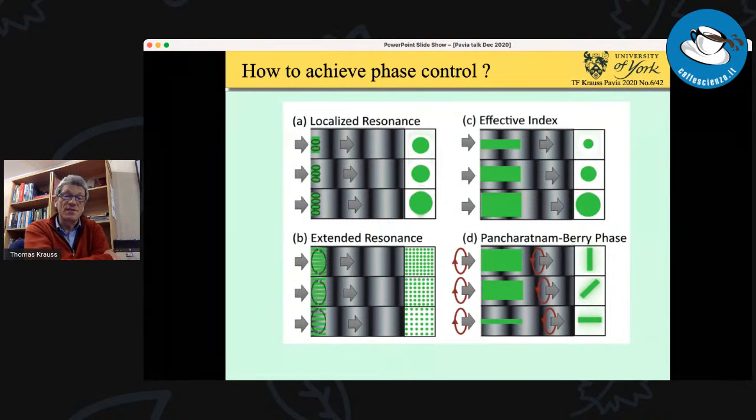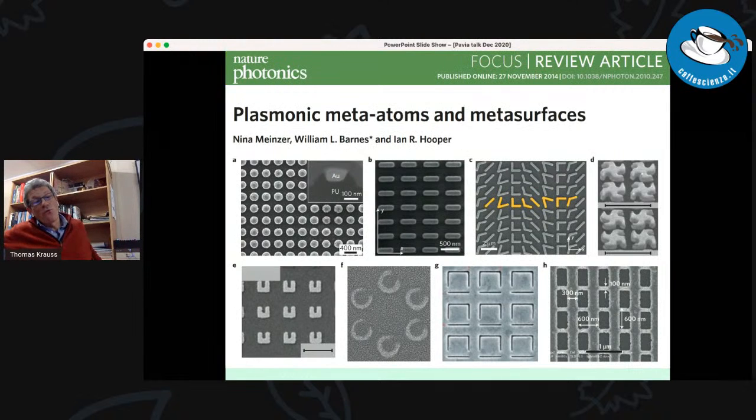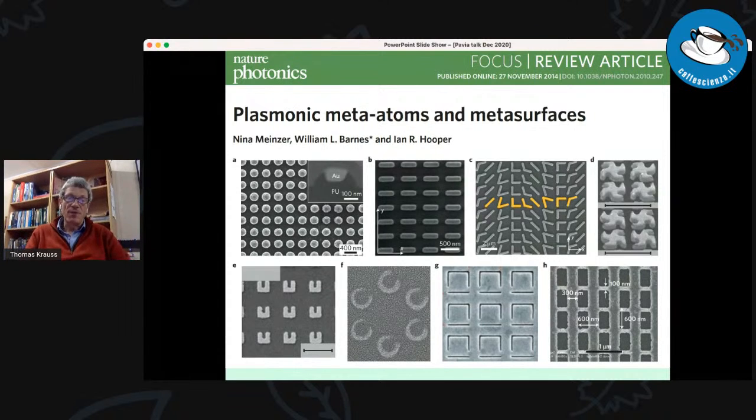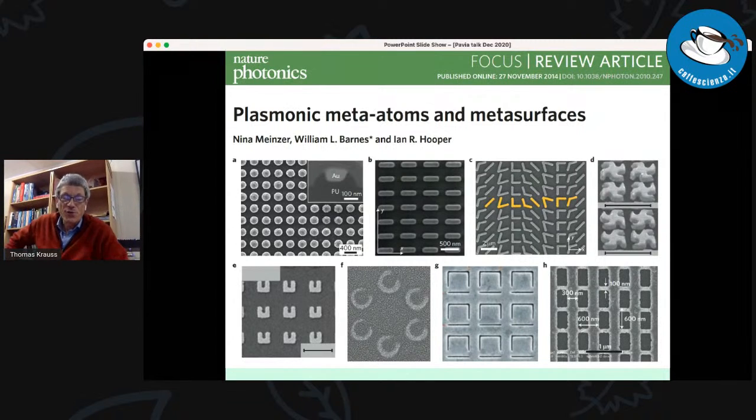But nevertheless, you can see there's a number of ways of doing this. Now, this whole field was really invented by the plasmonics community. So this is people making these sort of nanostructures in metals. And here I show a little gallery of beautiful pictures, and they really thought about how to control phase with these resonances, and they brought loads of interesting results.